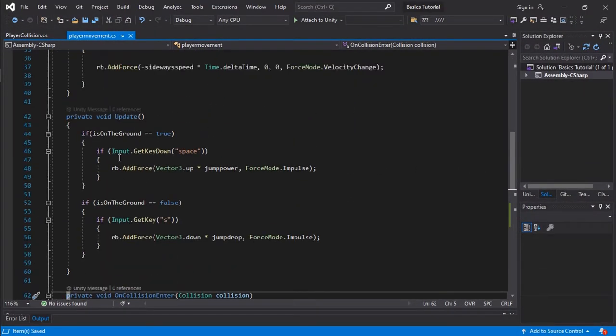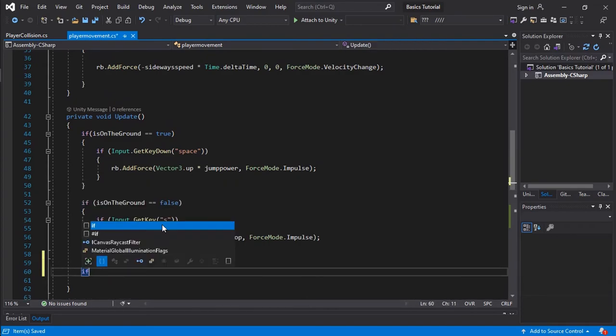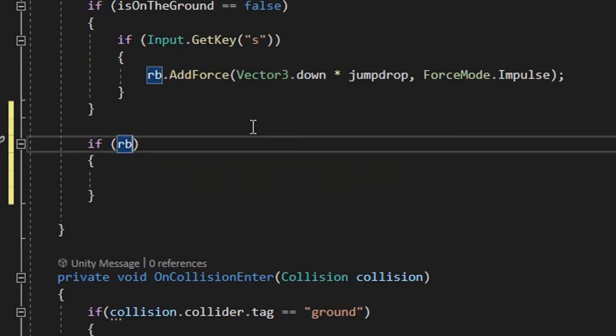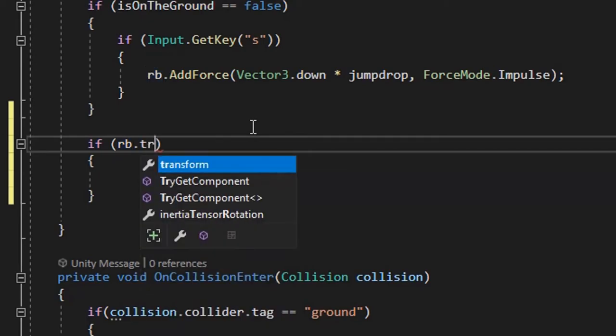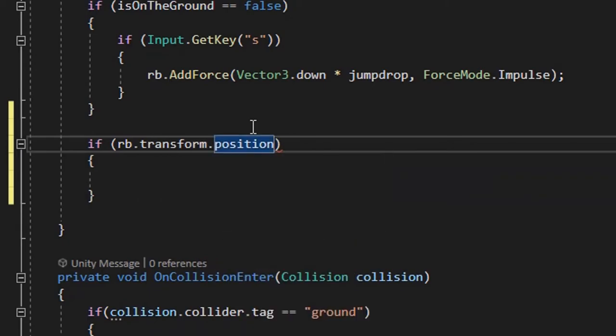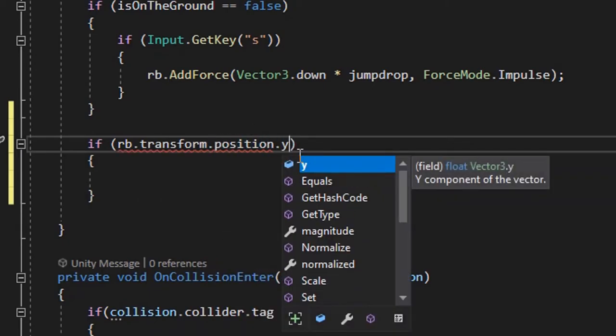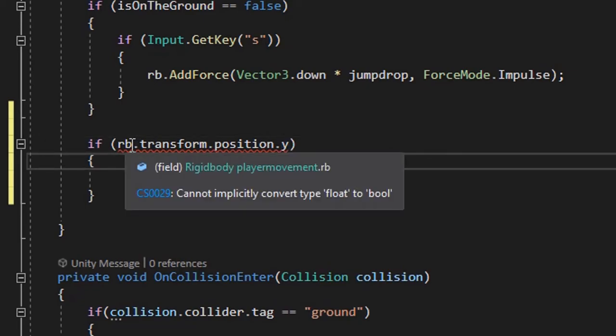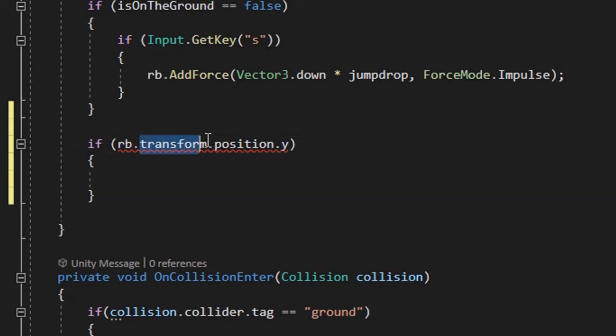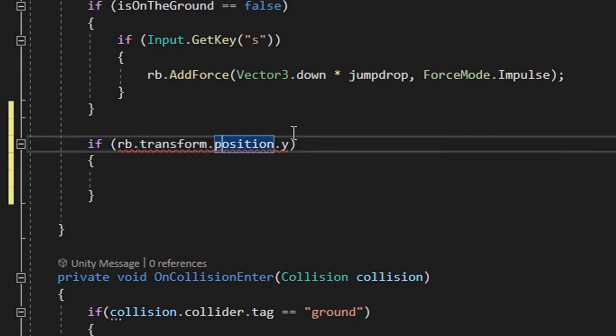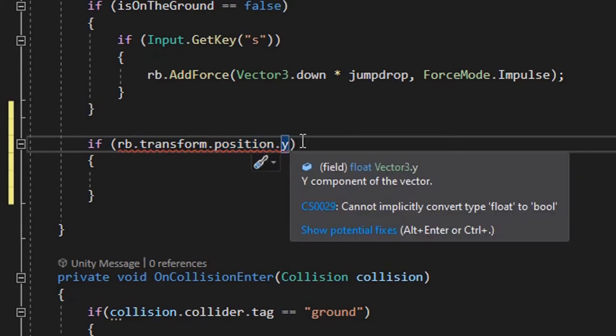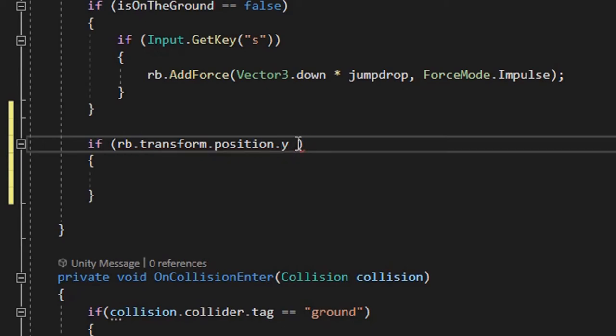So we can say in the update method, if the rigid body of our player, that's the rigid body dot transform dot position, that's y. Let me explain this. Rigid body of a player, that's the player itself. Its transform, that's its position. In the transform position, which position is it, x, y, or z? Y. That's if you're flying or you're falling. So we're going to check if this is less than 2,